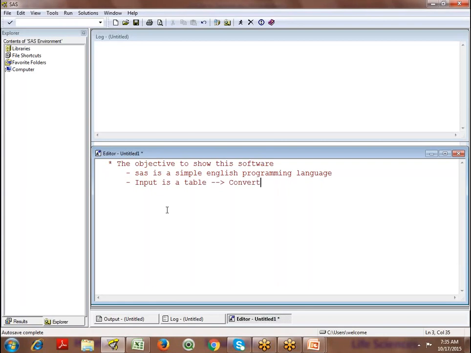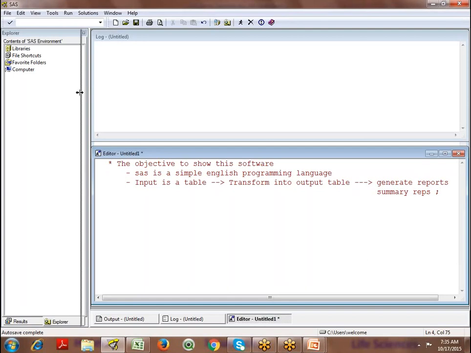You transform it into an output table, and then you generate reports, which are summarized reports. I told you that in the SAS software product we are going to generate summary reports.